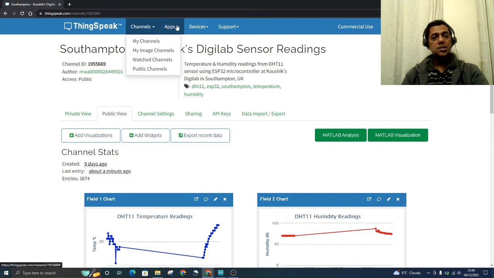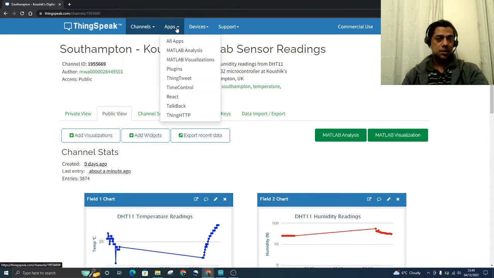Okay. ThingSpeak also has multiple apps and connectivity to various applications. It comes integrated with MATLAB capability, for signal processing and visualization. So once you provide the sensor data to it, it will be able to analyze it, like create 2D or 3D plots, or maybe bar chart, pie chart, histogram kind of visualization, and you can represent your sensor data in a graphical or visual representation for easy analysis, understanding, as well as